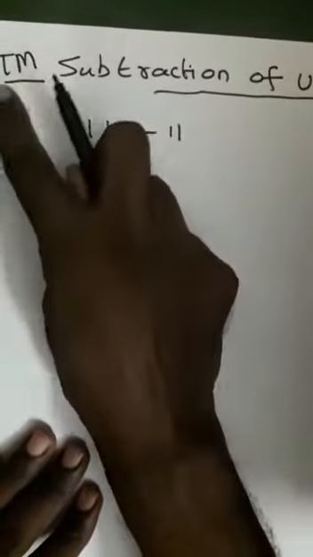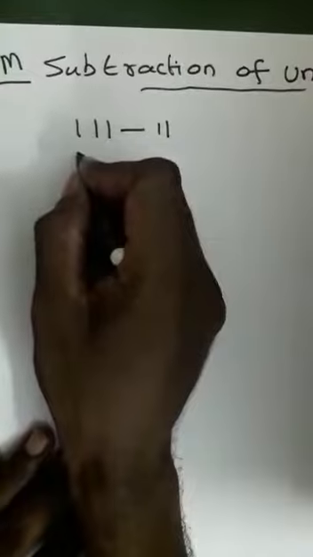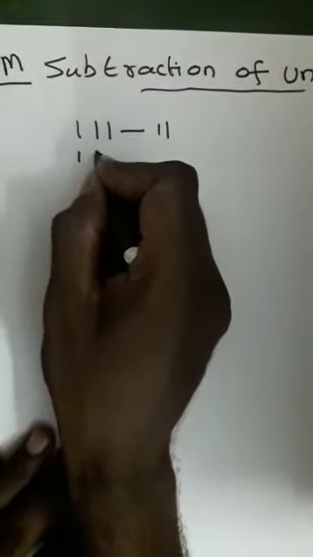Good morning. Now our topic is to design a Turing machine for subtraction of unary numbers. We consider how we can perform subtraction. Consider the logic: the Turing machine first will move from left to right.